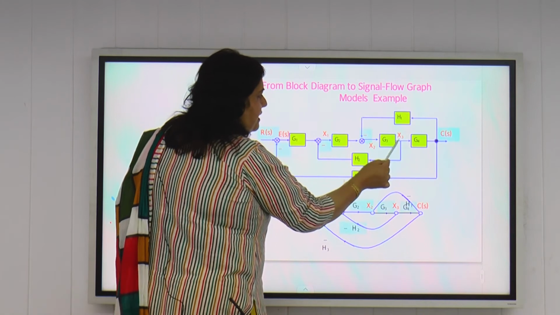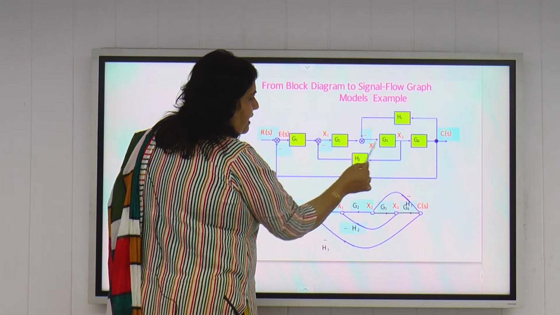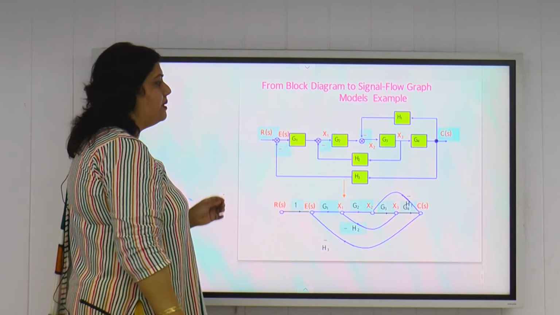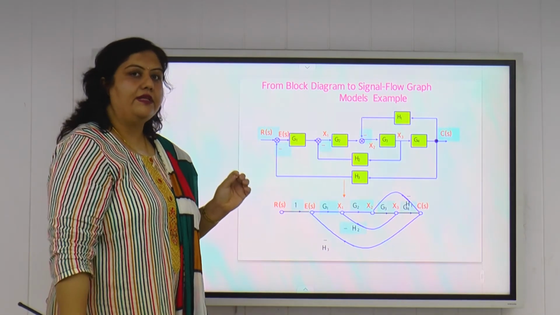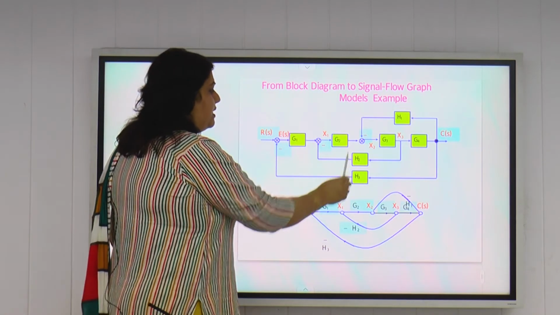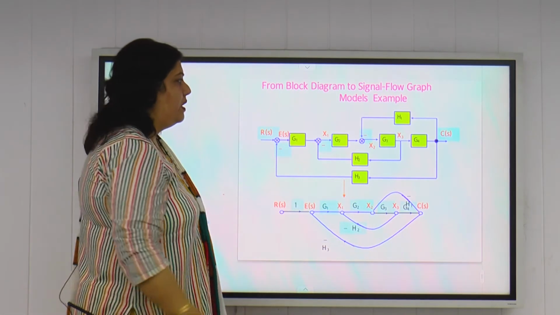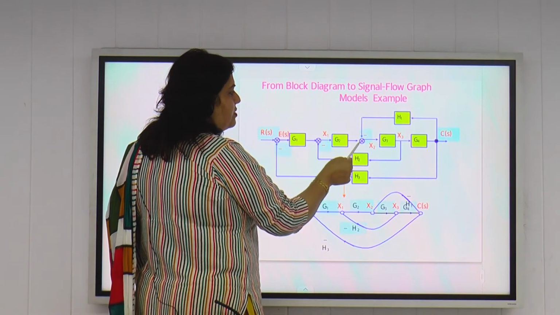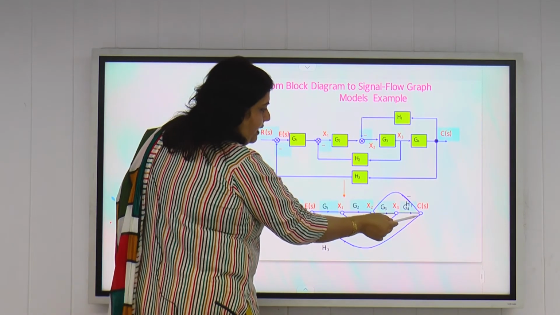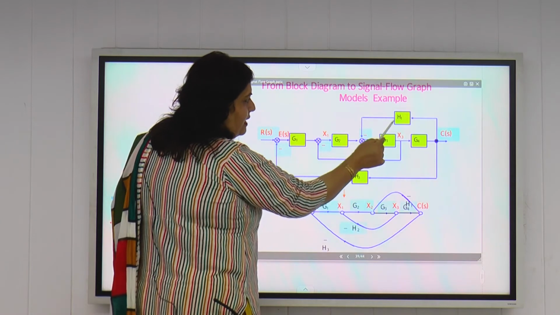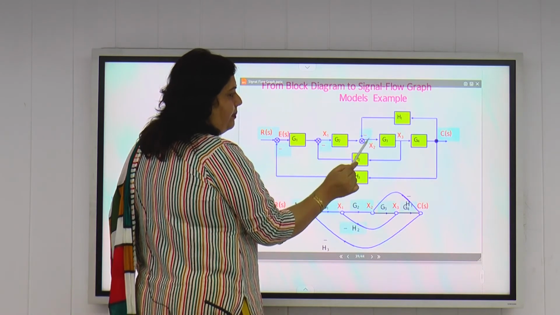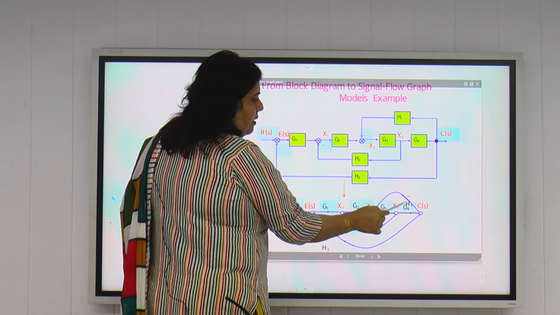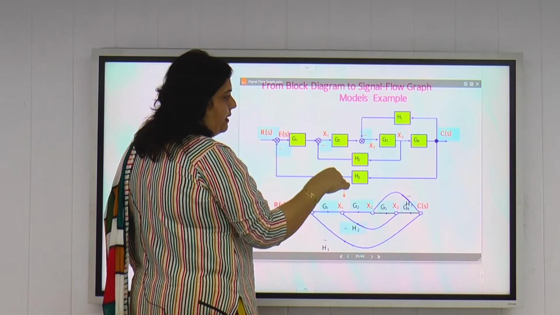So between CS and X3 we have G4, between X3 and X2 we have G3 and so on. So we have represented each comparator and each takeoff point as a node and the transfer function as the transmittance of the branches. Now we will take the feedback path here. Feedback is from CS to this node X2. So we are taking CS to X2 and the transmittance is H1 but with a negative feedback. Because there is negative feedback here, we will take it as minus H1, with arrows in the feedback direction.